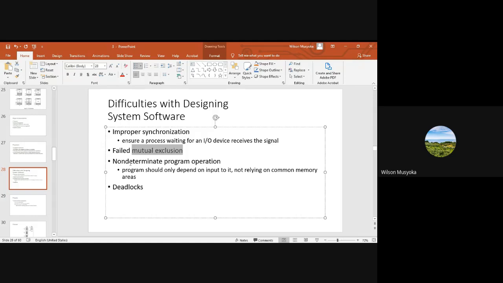Then there is also the challenge of non-determinate program operation, whereby a program needs to depend only on the input to it, not relying on common memory areas. So it depends on where it has been allocated. And then the challenge of deadlocks, which we will look at when we are looking at memory management and